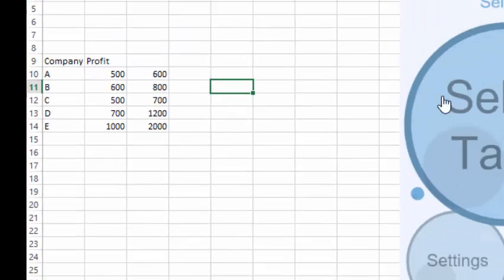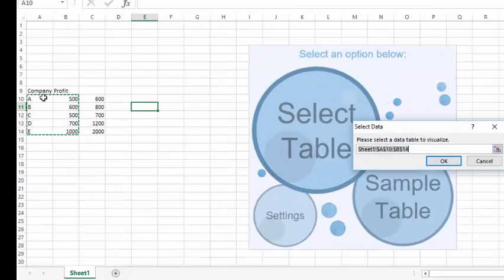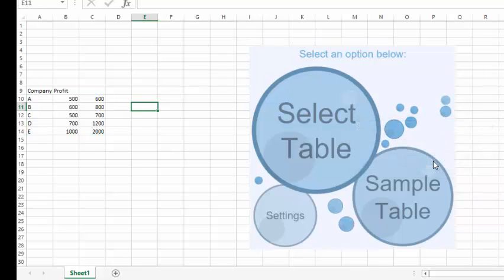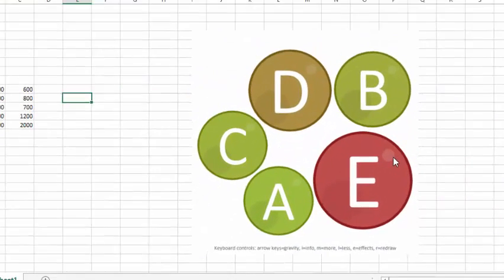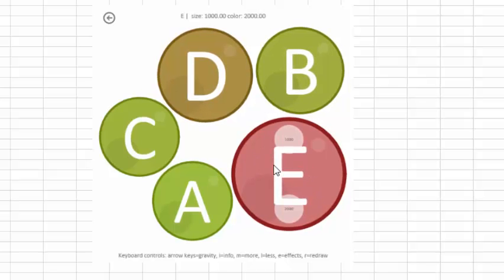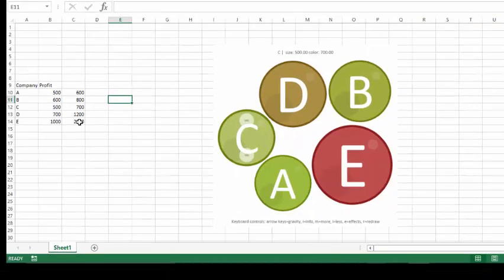So now when I want to select the table, I select the whole three of them. I select company, I select the profit, and I select the column besides the profit, which is basically for color. And if I click on OK, you will see that all the bubbles are of different colors. E is very different because I've given it a higher number, so it has become a completely different